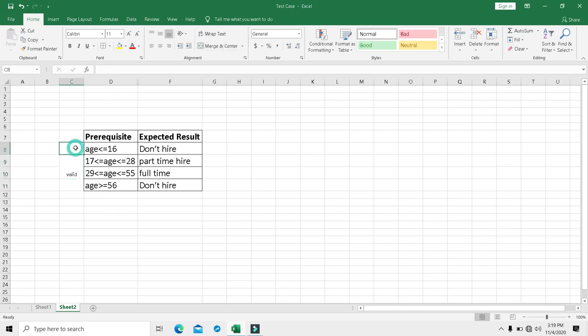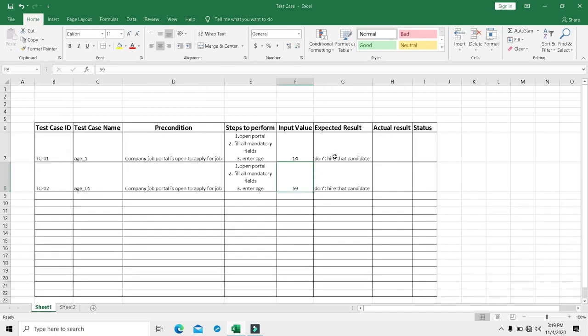But if he is less than 17 years, this is my invalid partition. Again, this is also my invalid partition. So what I get in my expected result is don't hire such a candidate, because the input we are going to provide to the system is from the invalid domain.